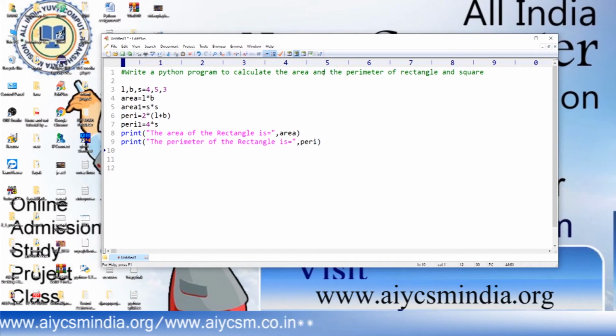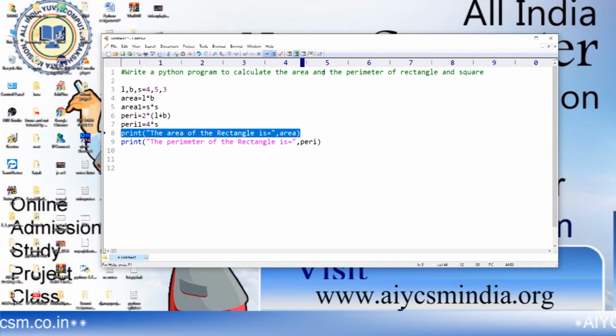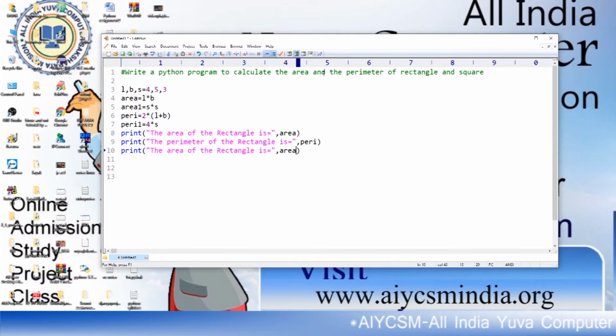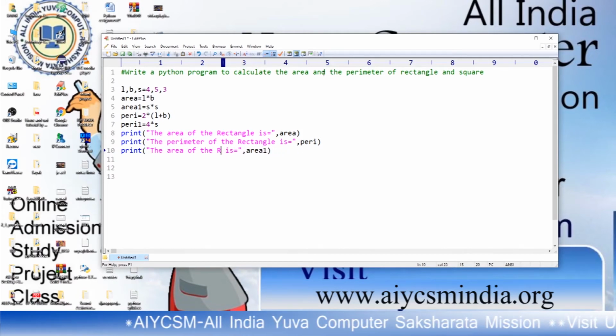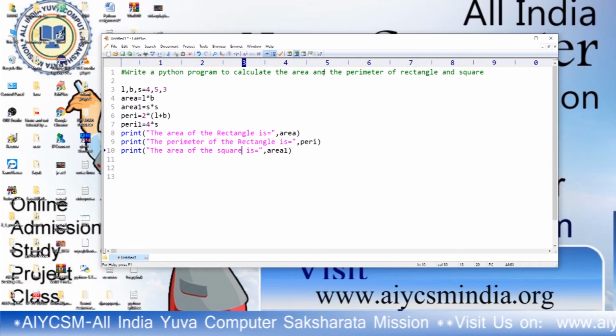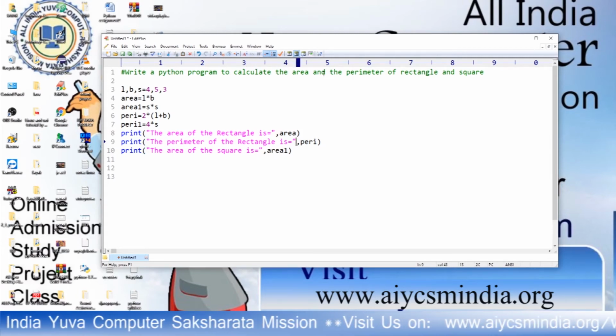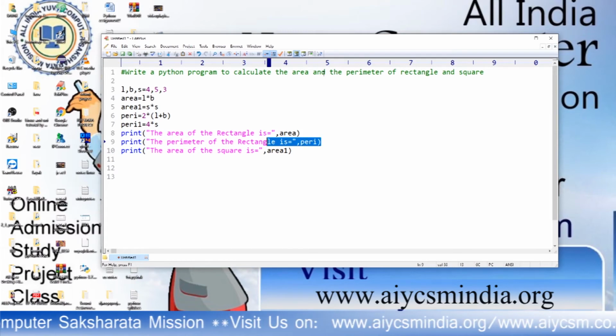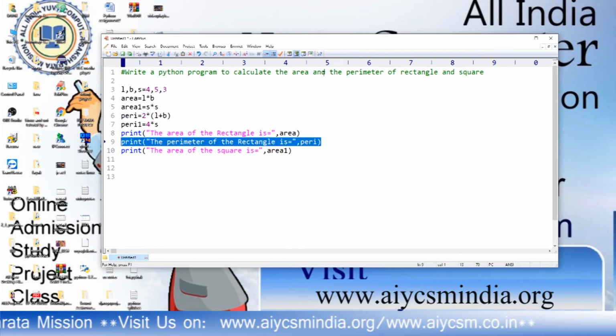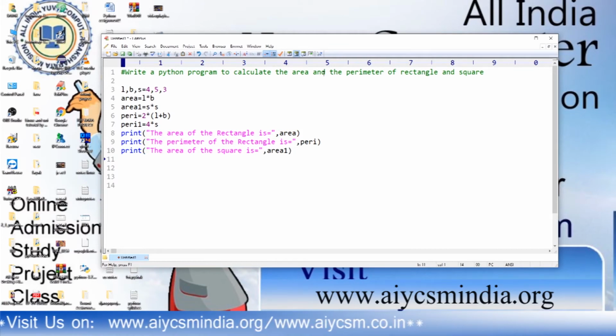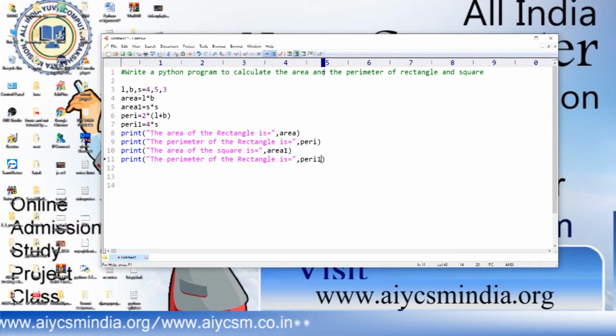The name of the variable is peri, where we store the perimeter of the rectangle. This is area1, the area of the square. Peri1, that's it. That is the actual program that we have learned here.